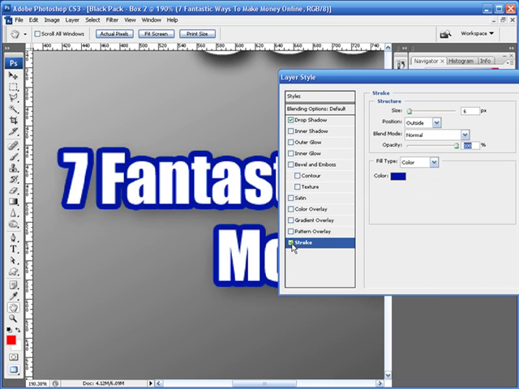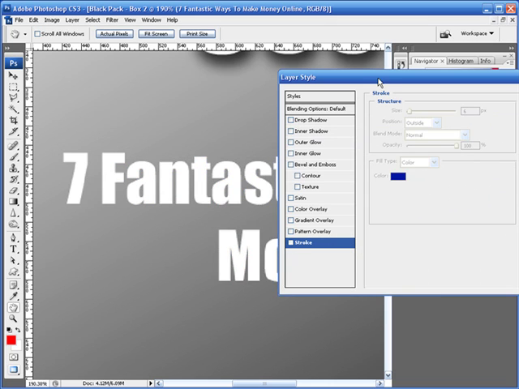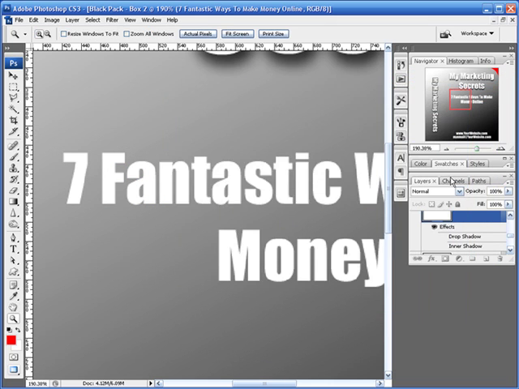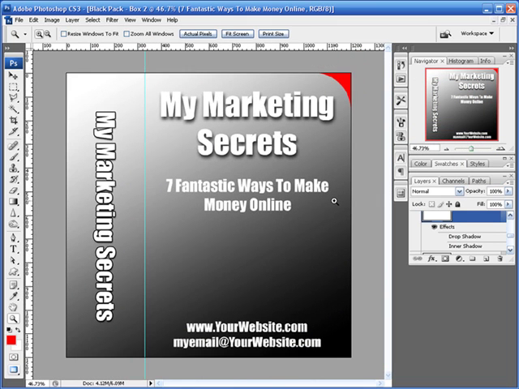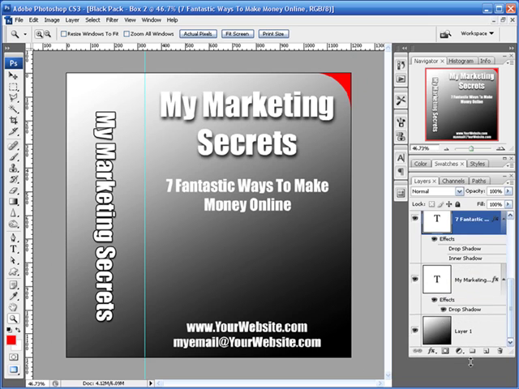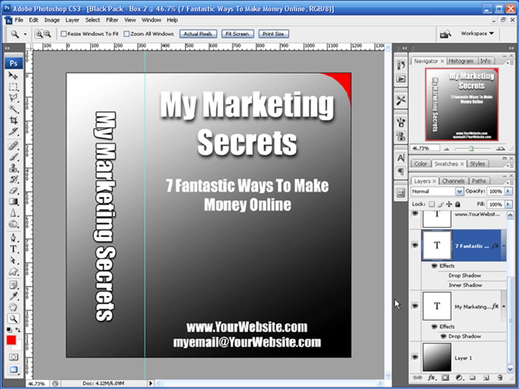So those are the basics of layer styles. Again, in some of the other videos, we're going to deal with some of the advanced options there. But now you know what a layer style is and basically what options are available. And in the next video, we'll go ahead and apply a layer style and make some other changes to the